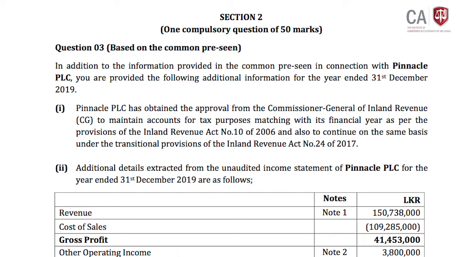Then I think you all have a solid understanding of the transitional provisions, gazette notification with reference to capital allowances, leasing allowance, notional tax, which I have explained. Some provisions I will take with this question. In here, if you have already taken the approval under Act number 10 of 2006 to change the financial period, then you can apply that on a continuous basis under Act number 24 of 2017. It's very clearly given in the transitional provision, gazette notification.